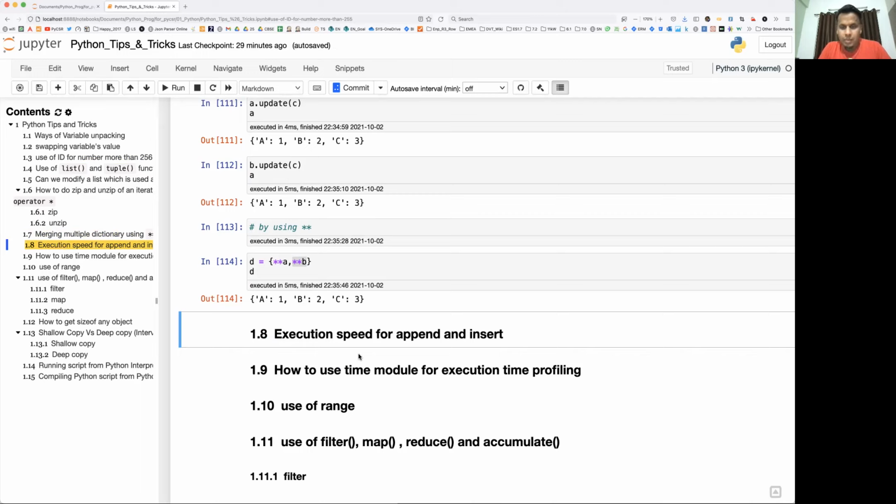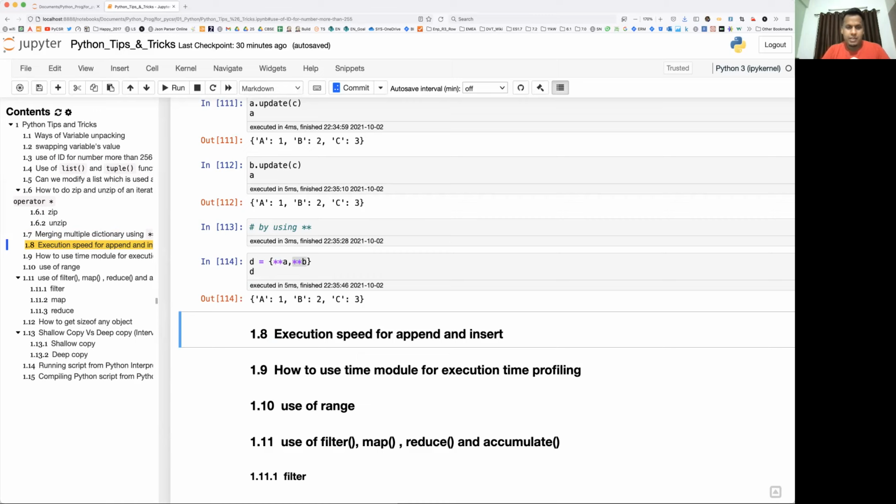Okay, so append is best. Why? Because theoretically, append is always adding the element at the end of the list. It doesn't care how many elements are there before that, correct? So it doesn't have to update the index of any previous element. But with insert, whenever you insert an element, let's say at the 0th position, whatever element was earlier in that position will be shifted by 1. So the index of each and every successive element will get updated, and that's where it takes more time. That is the reason insert takes more time, and append takes less time.